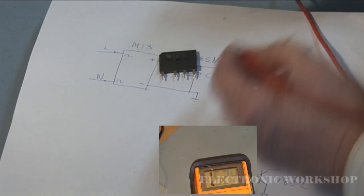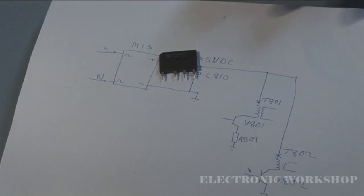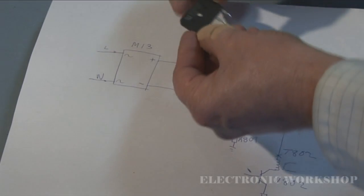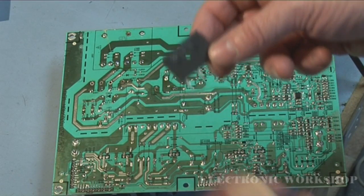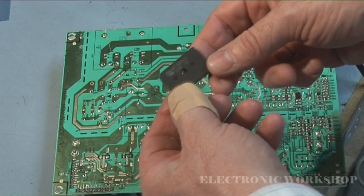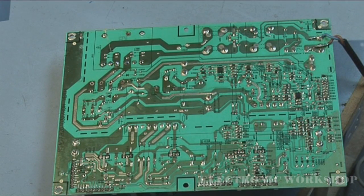The rest of them are correct, so we have one shorted diode in that diode pack. I'm going to see if I can get one of those and put it in. Okay, I found a replacement bridge rectifier pack for the faulty one. The faulty one was type D5SB60. It's rated at 600 volts, 6 amp according to the data sheet I have here,